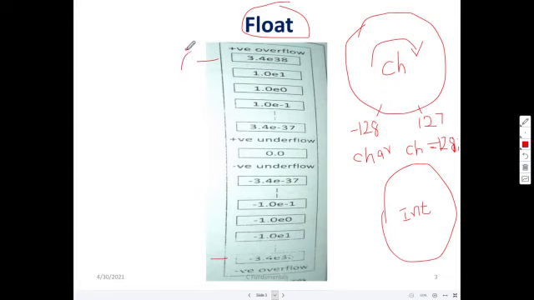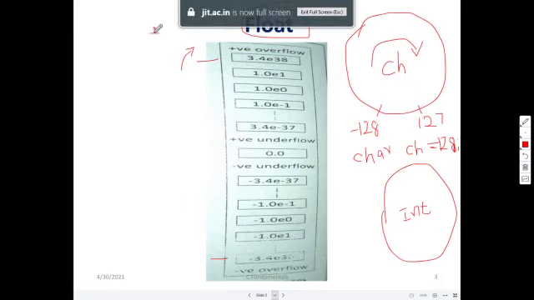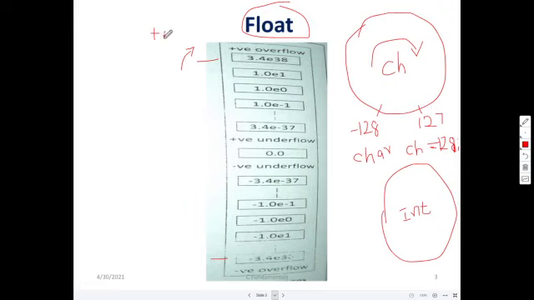Suppose I go for a number more than this, stored in the float variable, then it will say plus infinity, and here it will be minus infinity, and it will not store any number as in the case of character or integer. This is called positive overflow, negative overflow.